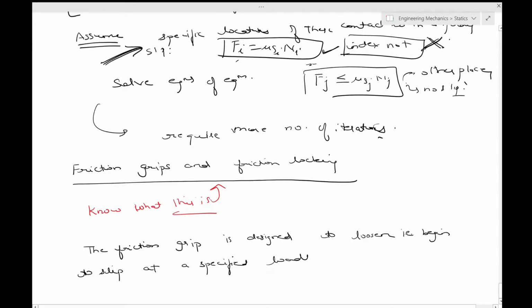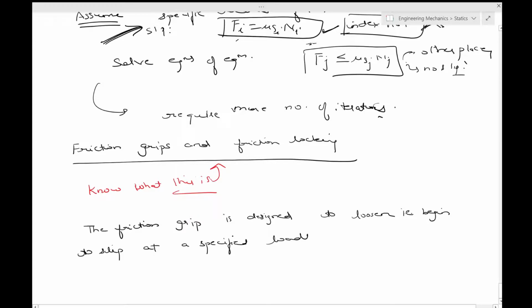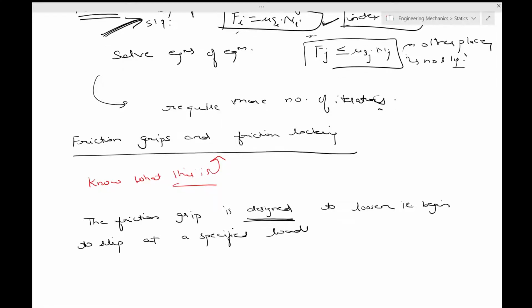So if the load is below this value, then there is no slipping. If the load exceeds that value, the slipping must begin. So it is designed in a way, that's the important part. We know that at some value slipping eventually starts, but now we want to design a machine, or an element of a machine, such that this happens, and we set that value that the load slipping should start at. Okay, the other case will be